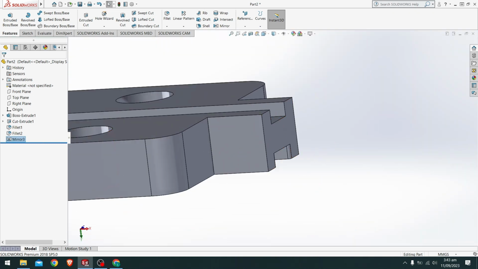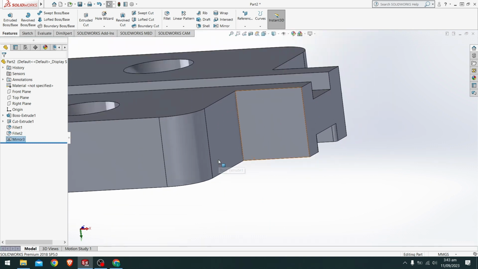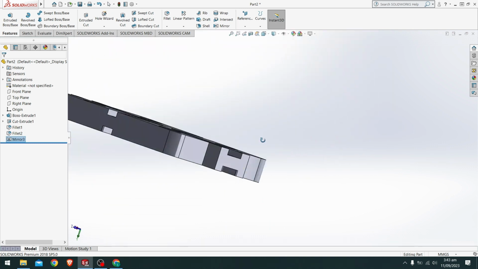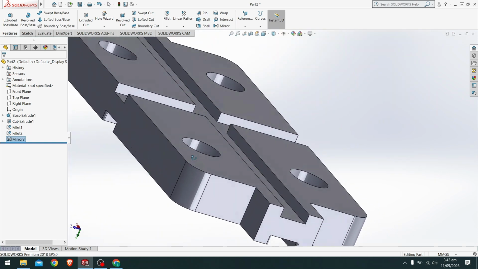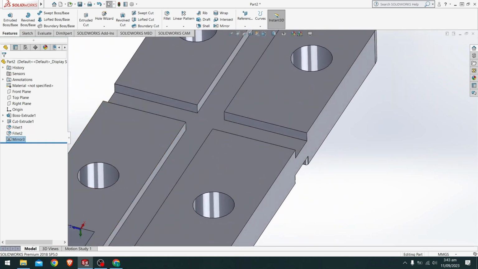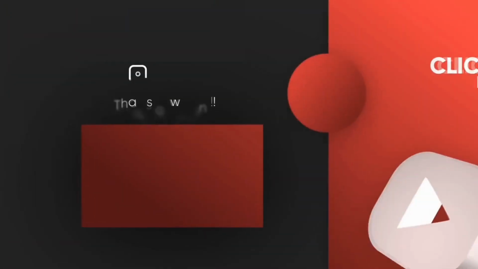So this is the one for the mirroring section. We have almost designed our plate, which usually goes under a 3D printer. So thank you for